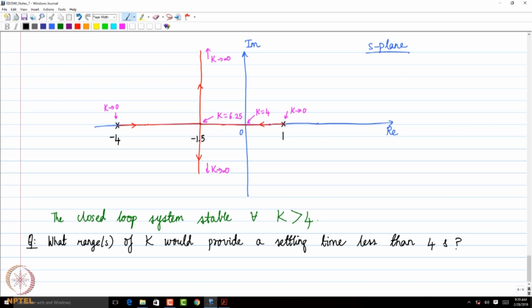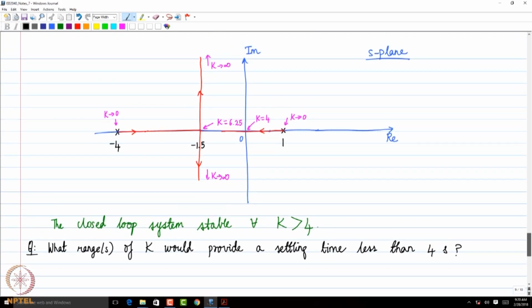So from the root locus, can we figure out what ranges of K would give me a settling time of less than 4 seconds? So what was the expression for the settling time? Ts was 4 divided by zeta omega n, right? So that should be less than 4, or in other words, zeta omega n should be greater than 1,